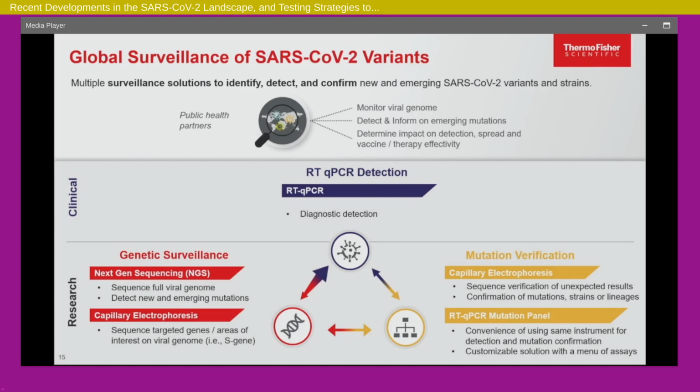The third part has always been the classic, conventional surveillance method, which is using next generation sequencing. This is looking at the whole sequence of the viral genome. You're essentially looking at every single nucleotide. So you can detect the known variants, as well as anything emerging and novel, you can also see the new variants that are coming up. And you can still do the capillary. I put this capillary as common to both because it's a sequencing technology.